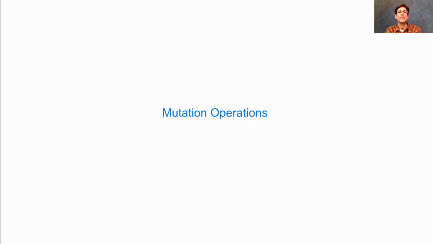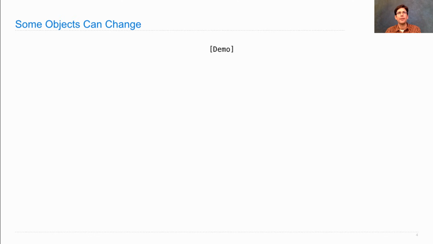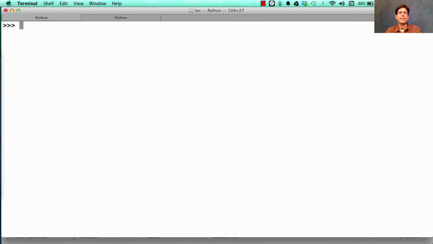The big new idea for today is that an object can actually change its value over time. So in particular, we'll look at lists. Lists can change their contents. The same list can contain different things as time goes on. So I'm going to demonstrate how that works by telling you a story of the history of suits in playing